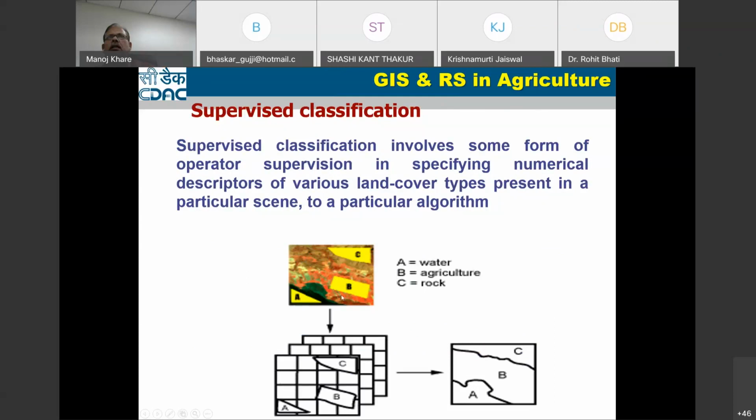It will classify only the area having values 180 to 190 as agriculture. But because this area is also agriculture, with DN value reflected only 160 to 170, it will not be classified as agriculture. So what you can do is give another training sample over here: create another polygon and assign it as agriculture. The next time you run the classification, this area will also be classified as agriculture. So that way you have control.